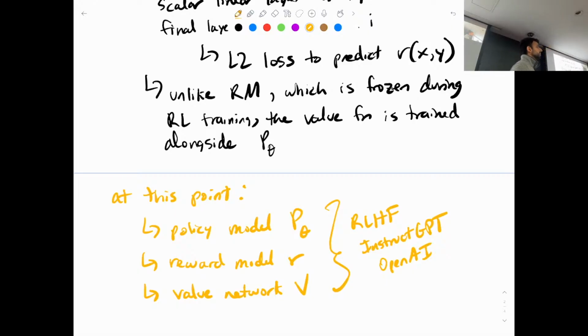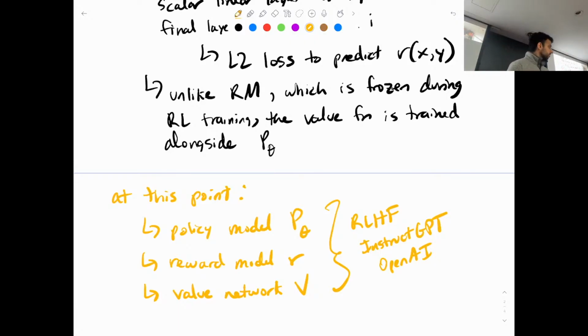So what we will see as we move towards GRPO, which is the kind of newer innovation, is that we have this idea that we want to make it as compute efficient as possible. If we can get rid of the reward model and get rid of our value function, then things become a lot simpler. We just have one model that we're updating. And so how can we get that done? That's kind of where we are moving towards.